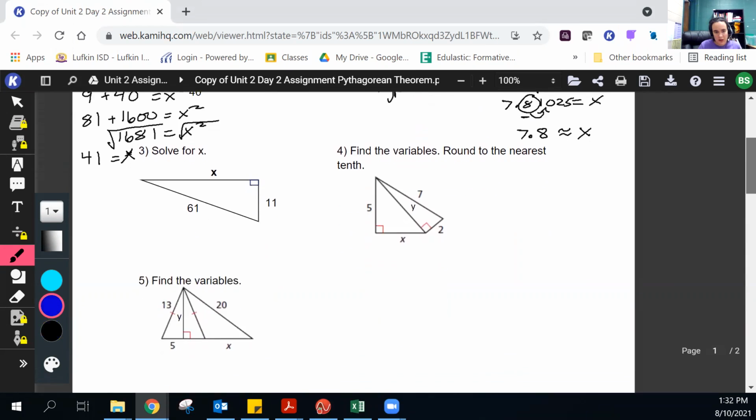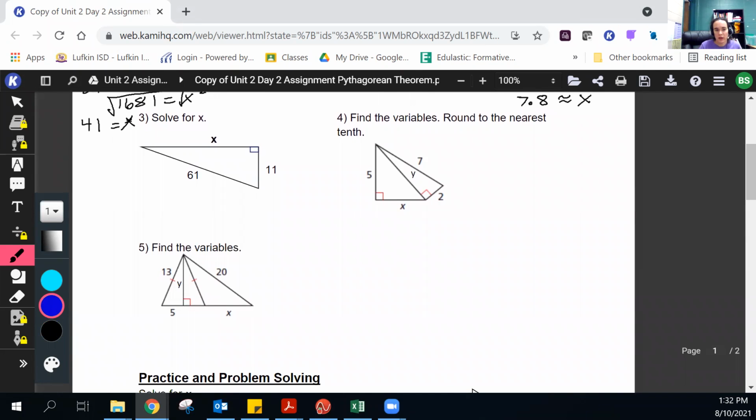Number 3 says solve for x. We have a right triangle. Side across from the right angle is the hypotenuse. And we are again using Pythagorean theorem. So we've got x squared plus 11 squared equaling 61 squared. The hypotenuse is always last. So x squared plus 11 squared is 121, equaling 61 squared, is